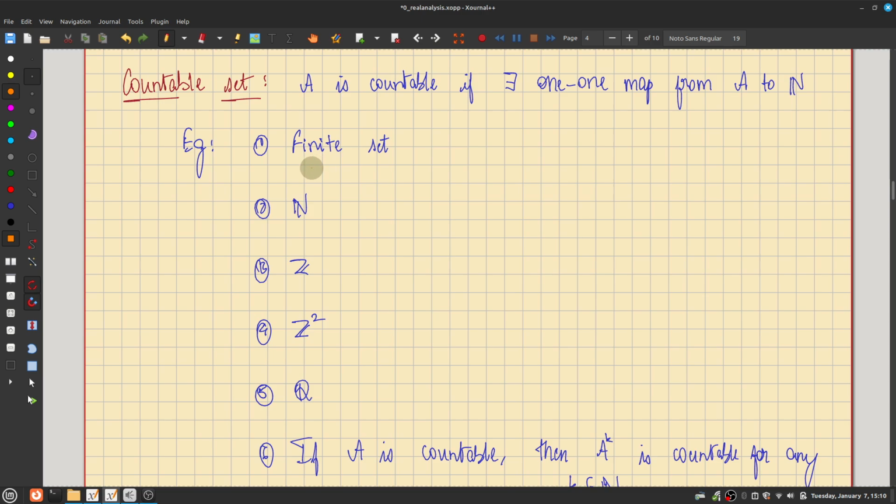So is a finite set countable? Yes, it is a countable set, because you can find a one-to-one map from that to the set of natural numbers. For the set of natural numbers, just the identity map tells you that it is countable. Set of integers, yes, and can you find a map that